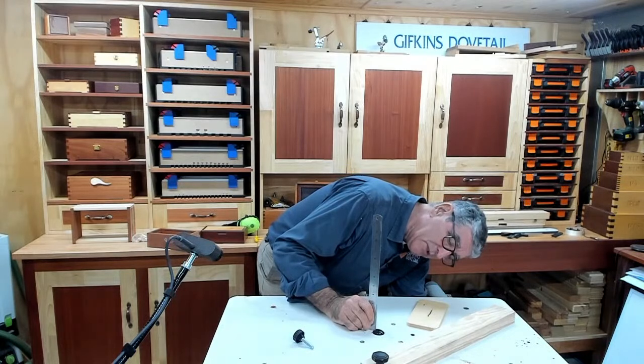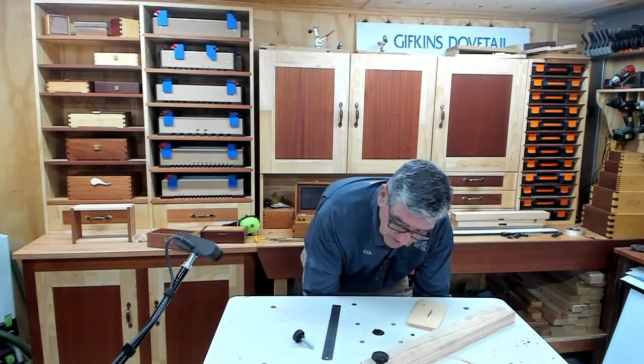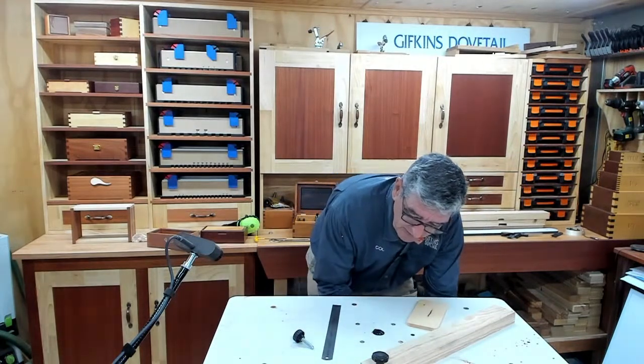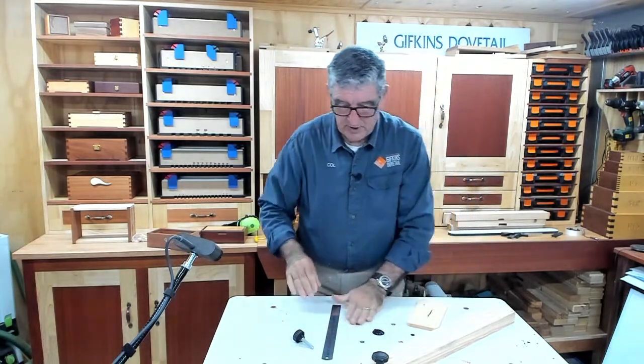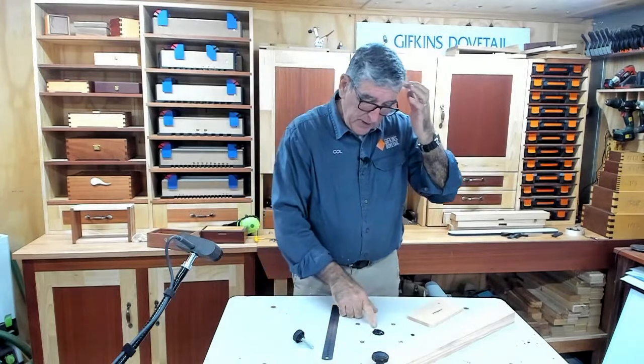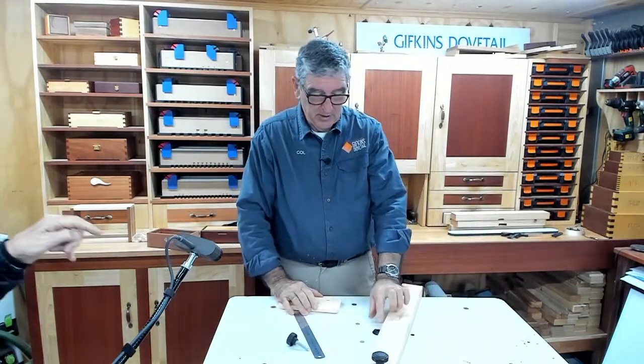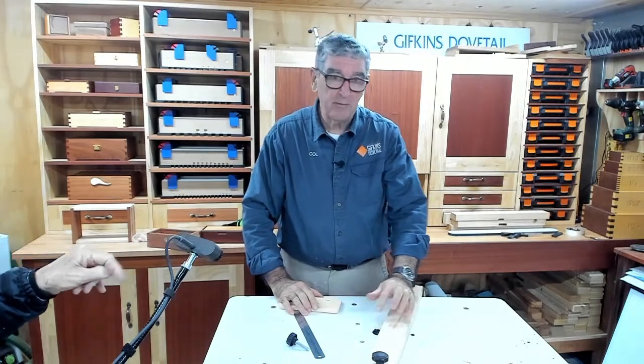I set my height at 6mm. You can't see it, but I can see it. I'm just a little bit under it. It's always a good idea to go a little bit less when you're doing this, and then you can always creep up on it. Now, if I run this over the top of the fence over the top of my router bit,